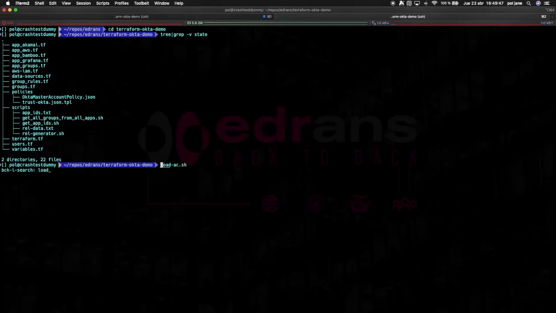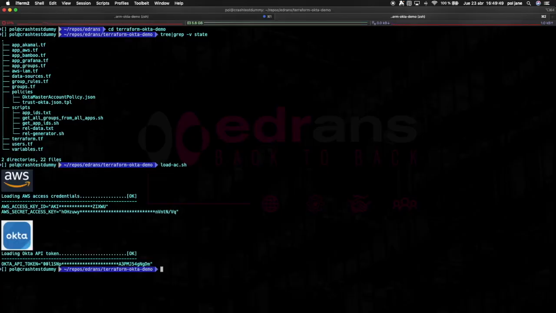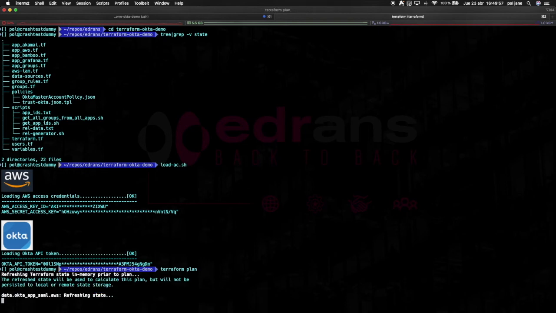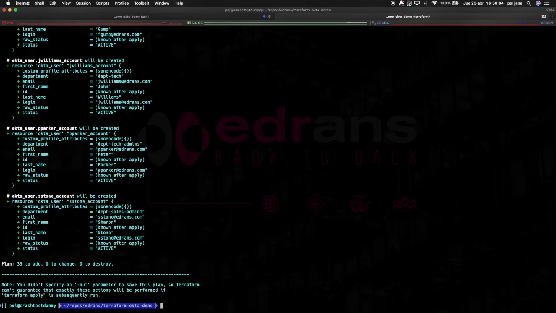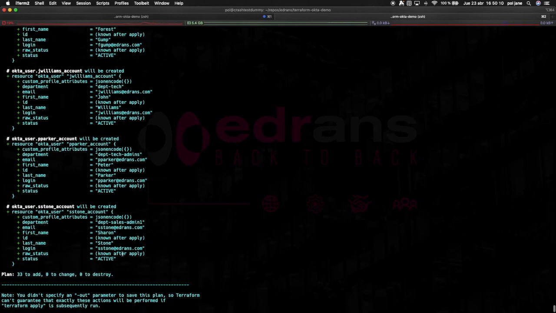I'm going to load the access credentials for both providers. And then we're going to launch a Terraform plan just to see how many resources and what resources we're going to create in both providers, in AWS and Okta. As you can see, it's going to create 33 resources, 0 to change, 0 to destroy.